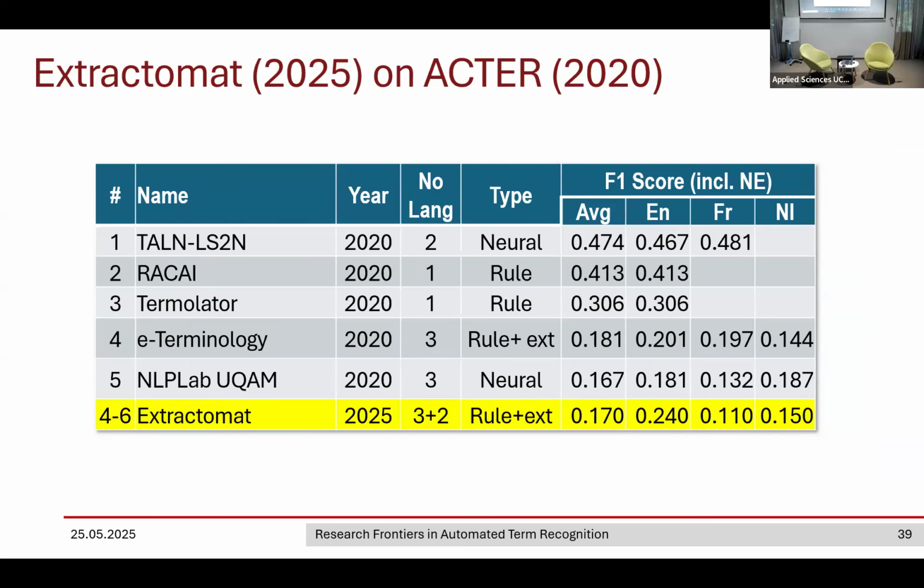And this is our next experiment, just to compare directly Extractomat with the rest on the leaderboard on Actor of 2020. As you may see here by the values, it is not astonishing. And this is the place in the leaderboard Extractomat occupies based on the values which we have obtained in the experiment. You might wish to ask, what are the reasons of such a serious drop in performance? Any intuition on that?